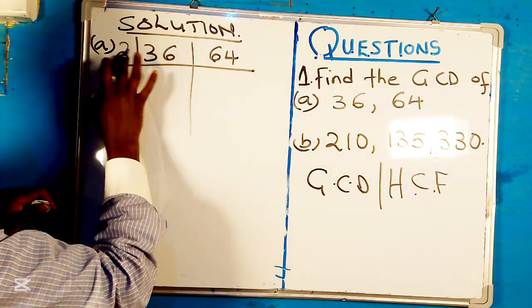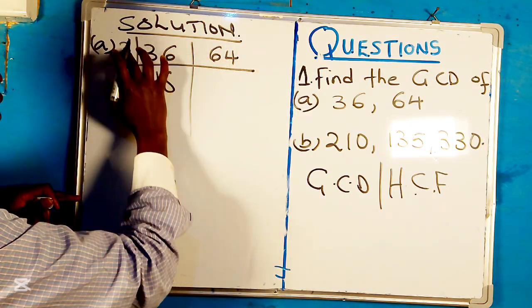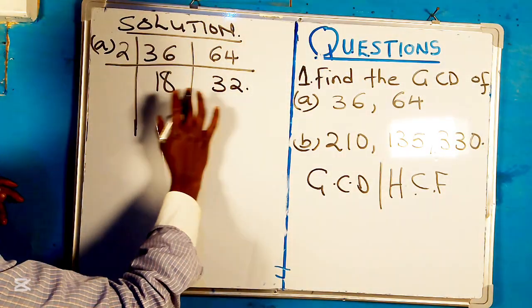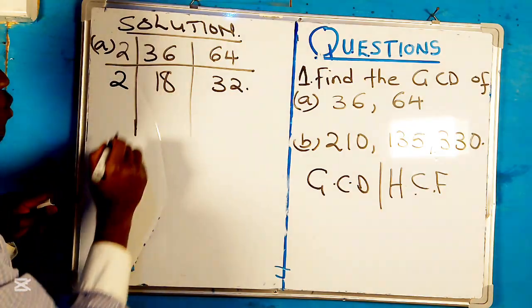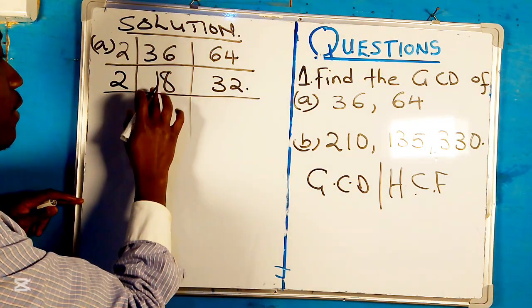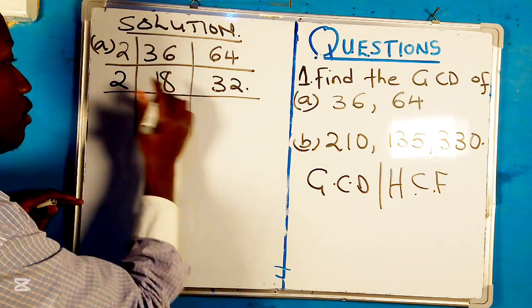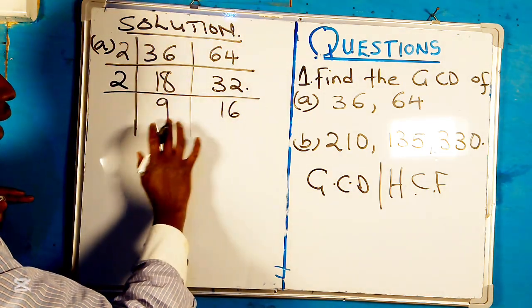So 36 divided by 2 is equal to 18, and 64 divided by 2 is equal to 32. So 18 and 32 are also divisible by 2. So we will have 2 also, which will give us 18 divided by 2 is 9, and 32 divided by 2 is 16. So with 9 and 16,